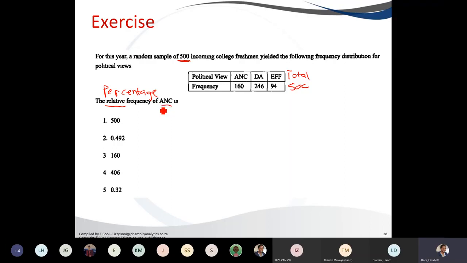Now they're asking, what is the percentage of A and C? A and C has 160, so I will say 160 divided by the total, which is 500, and that will give me my percentage. 160 divided by 500, and that will give me 0.3